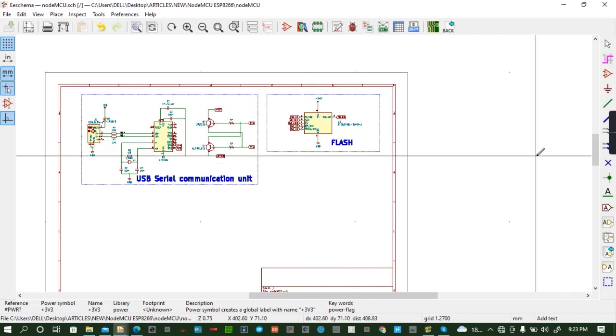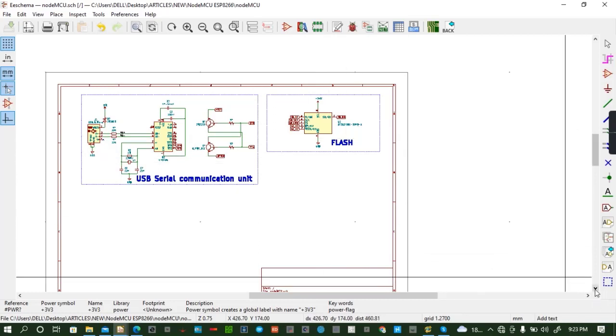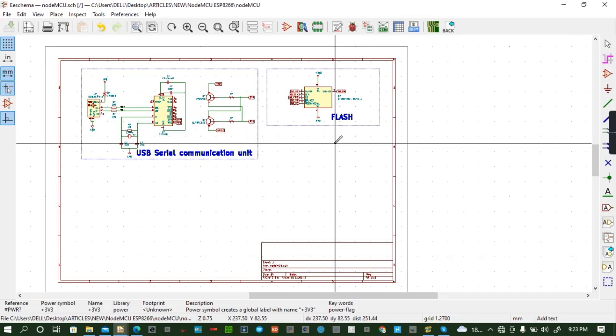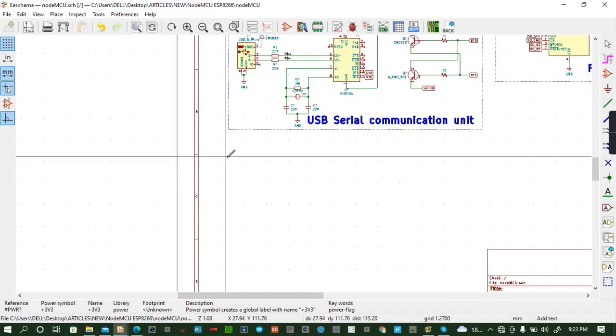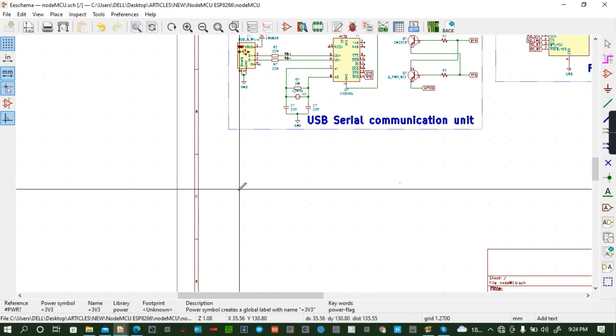Control save. Okay, let's go to the next bit. Now our next bit. We want to try and do the input peripherals. Now before I do the input peripherals, let me first deal with the